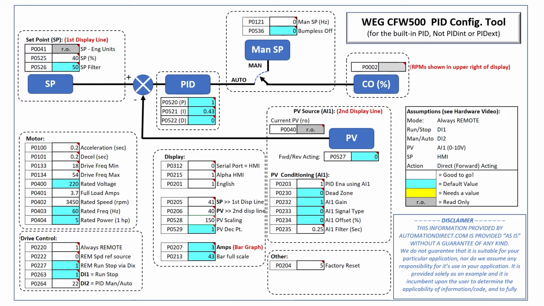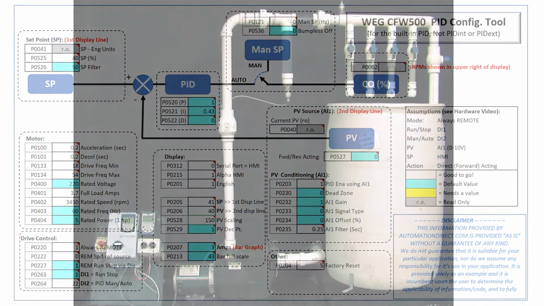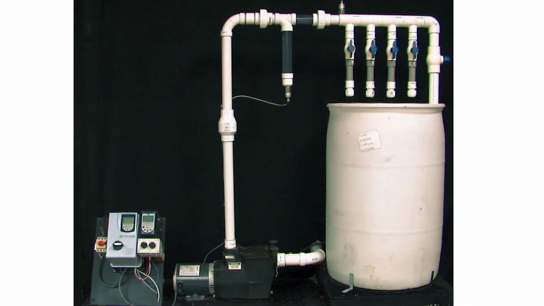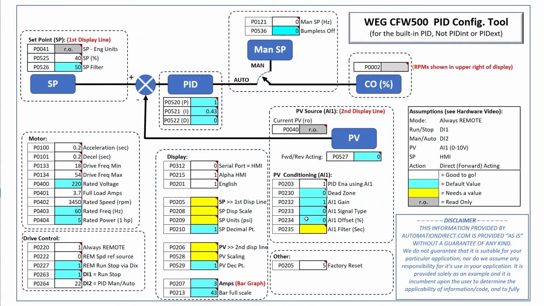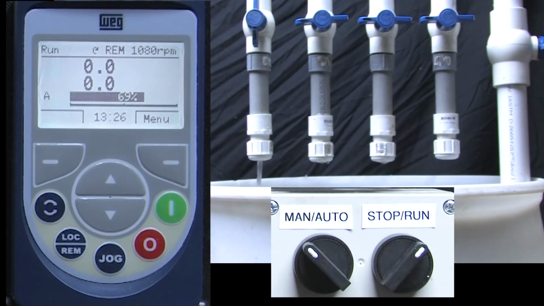I went ahead and entered all those into the drive to save us some time. Here's our test station. I'm going to zoom in on the display and the switches so you can see what I'm doing. Let's start with PID in manual mode. Remember, that's where we bypass PID and we manually force the control output to the motor to whatever we want it to be. I'll switch to run, and because the set point is currently 0, the drive spins the motor up to the min output frequency we specified in parameter 133, which comes out as this many RPMs. That min frequency we found in a previous video should give us close to 0 psi, and it does.